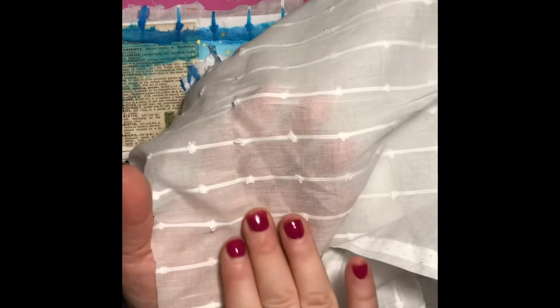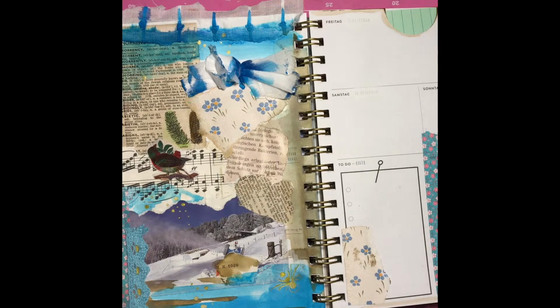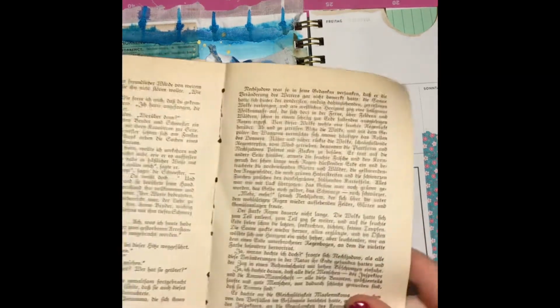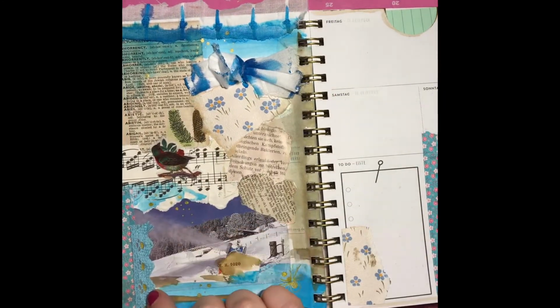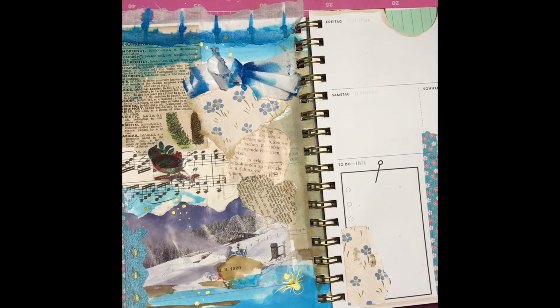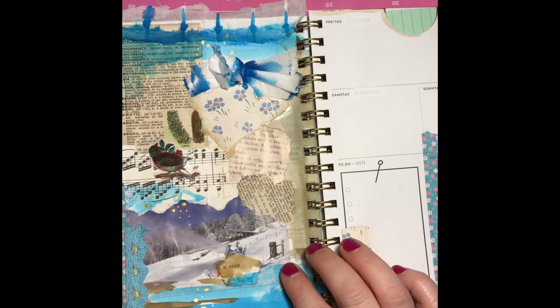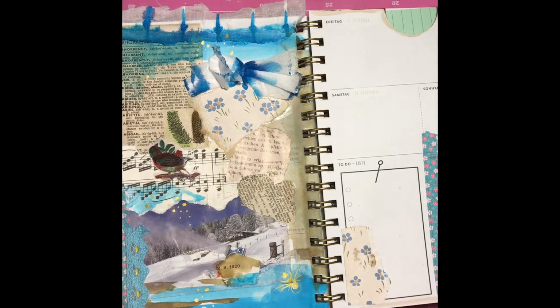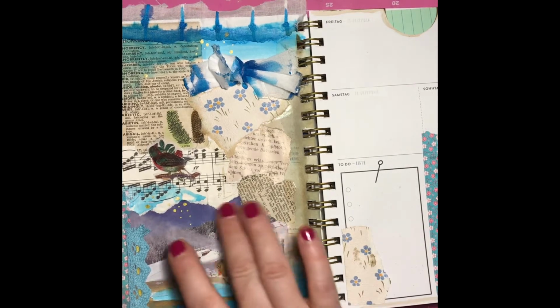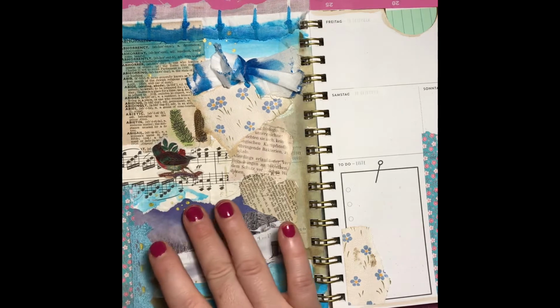So I was using a piece of this beautiful curtain and some old and yellow book pages and a lace which I bought locally, and this picture is from a newspaper called Pasta, and actually it means it's a magazine for food, but they also advertised some skiing resorts, so I found it really nice, this blue,